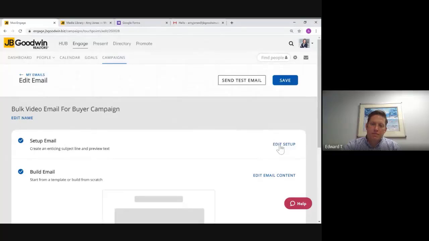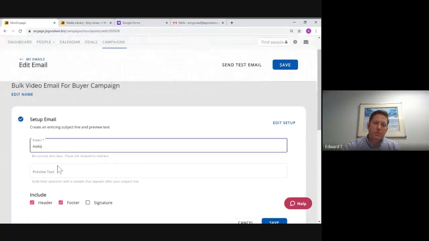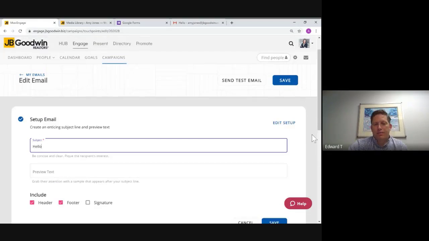On the email setup, that's where you can change your subject and preview text. It's probably one thing that I forget most often is to change the subject. I have to put a subject in to create a template, and I usually just put hello, right? So no one accidentally sends out something that says default or something. But be sure to go in and change your subject lines. And Tony Zavaleta, our marketing director, he chooses this, he spends time creating those subjects and that preview text for all of our newsletters and other emails,